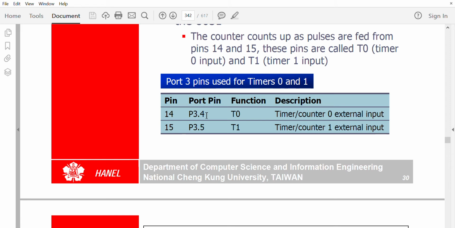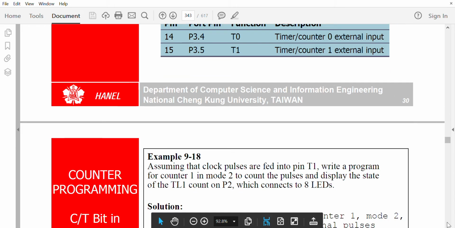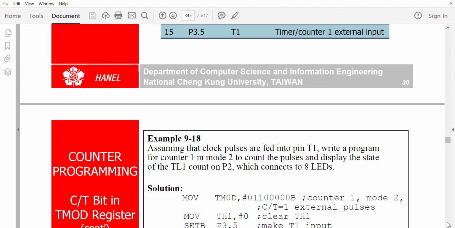But in this particular case, if the C/T value is equal to 1, then it's a counter, and what is seen is not the internal clock pulse but the external clock pulse. So where do you give the external clock pulse? If you are using timer 1, then the 15th pin, and if you are using timer 0, then the 14th pin. So that is the use of port 3 bits 4 and 5.